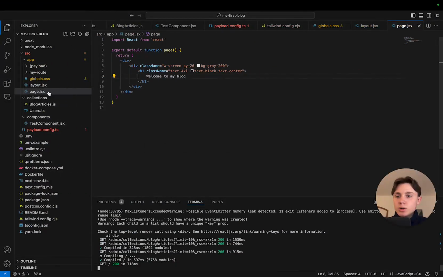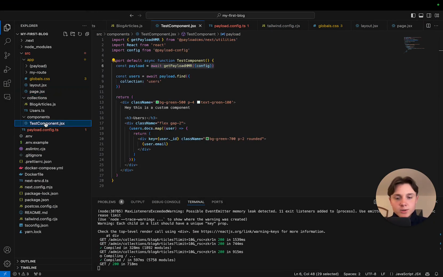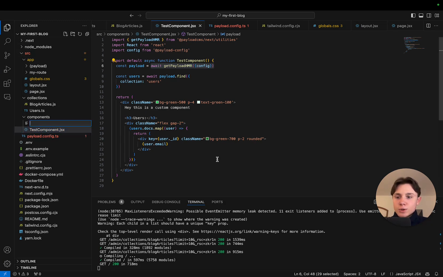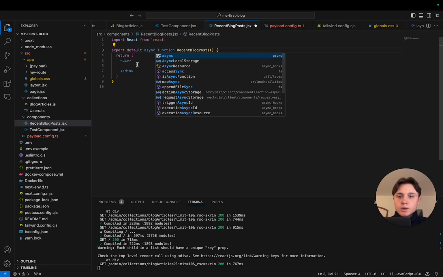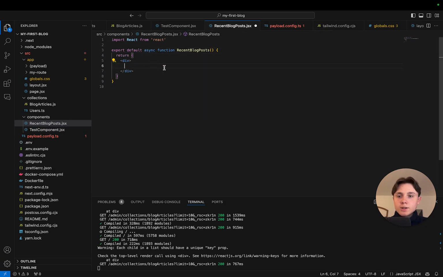So what I can do here is I'm going to create another component. I'm just going to put it in the same folder for now. Obviously, it makes sense to separate payload components from website components, but for the sake of simplicity, I'm going to say recent blog posts, and this will be a server component. So what I can say here, I have the async function, and now I can start